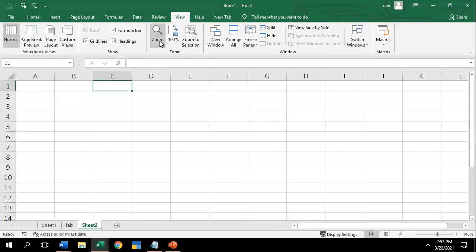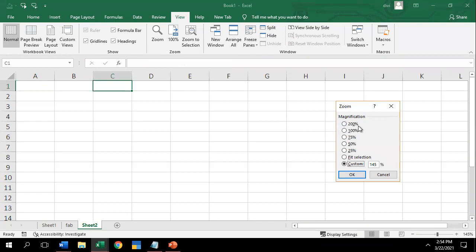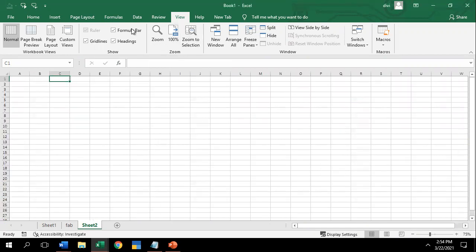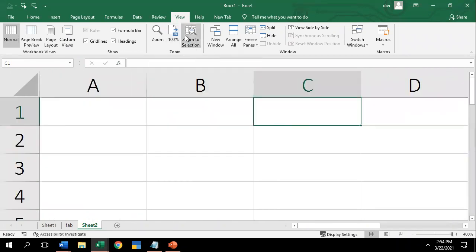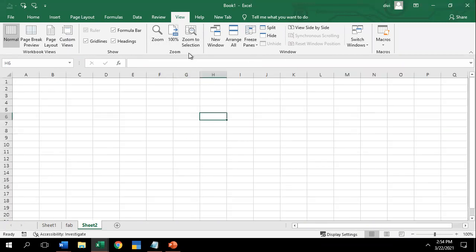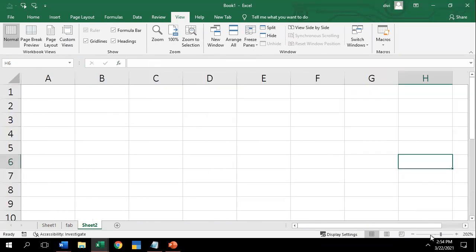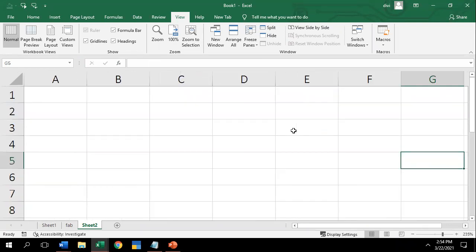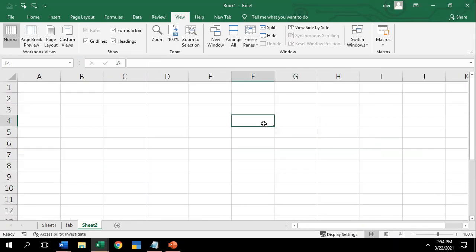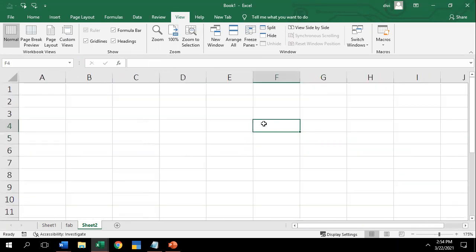Okay. Then we have zoom. If you want to zoom your data, means if you want to zoom your screen, you can click on whichever, for example, 75%. I can zoom it to 75. If you want to fit to 100, you can do that. If you click on zoom to selection, according to your window, it will zoom large. Either you can use the zoom, or you can use the bottom towards. You have a zoom bar, you can click on the zoom bar. Or if you want another method, you can press control, scroll up and scroll down to zoom.